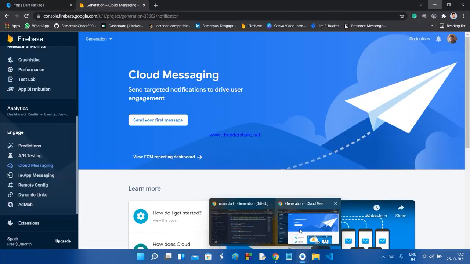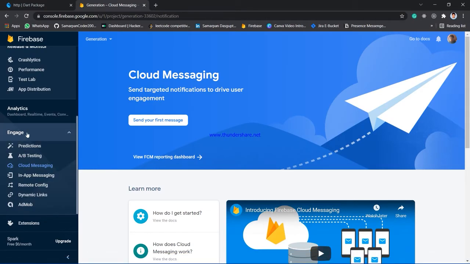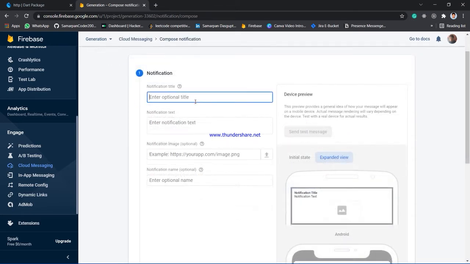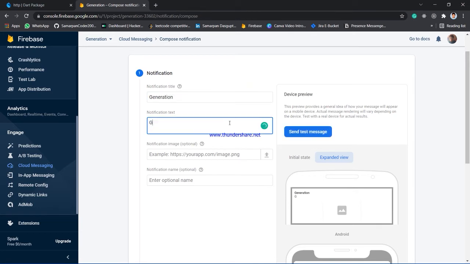We have to first come here and then go under the Engage section, Cloud Messaging. So click here, send your first message, enter optional title. So I give it generation. I also give it generation because this is not very compulsory.